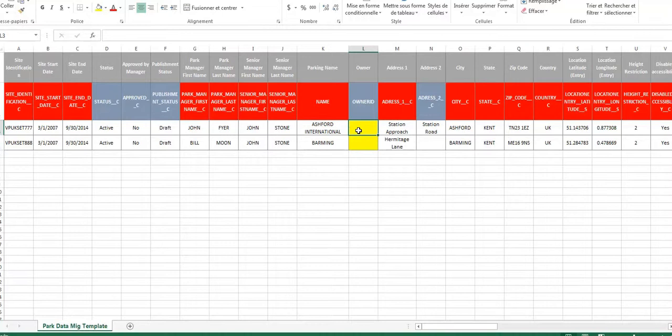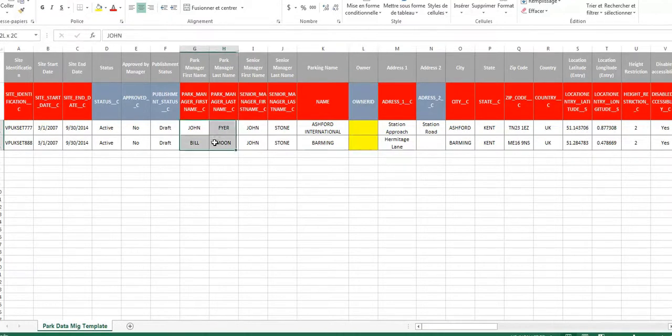So if I'm integrating data without a Salesforce ID here, then Salesforce will put myself as the owner of these two park data. This is very problematic. So you first need to recover the Salesforce ID of your user.